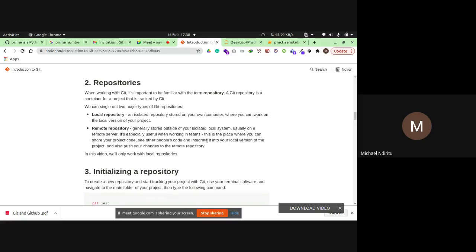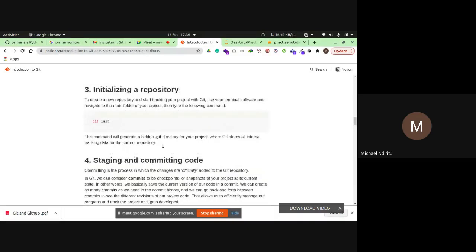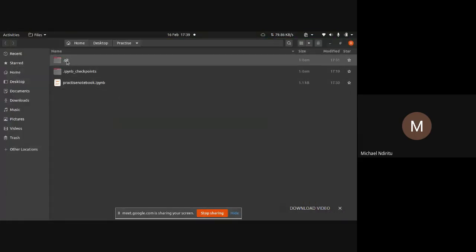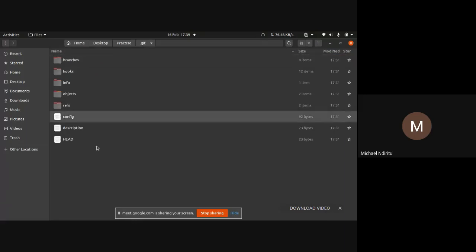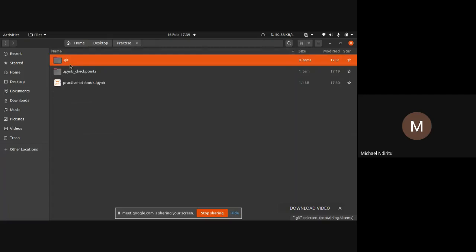We have initialized git, and you can see the folder. Let me open the file manager. You can see this .git here. This .git contains all the details that tell Git how to version our files.